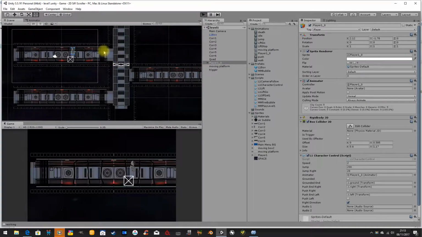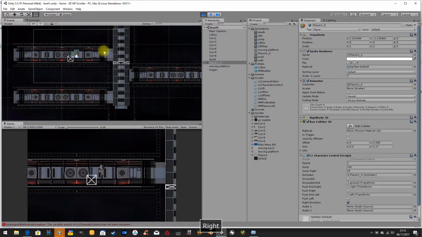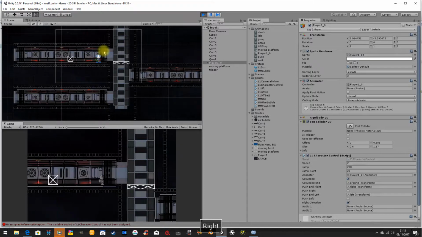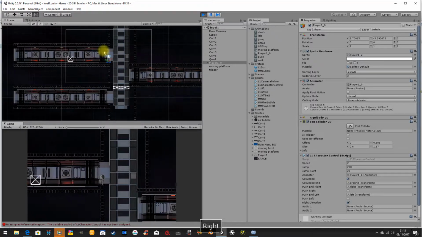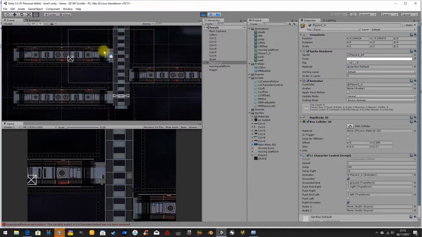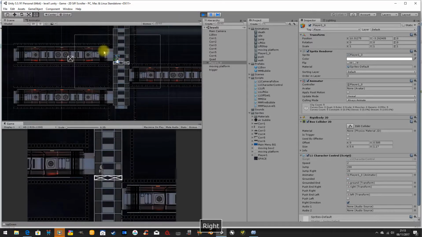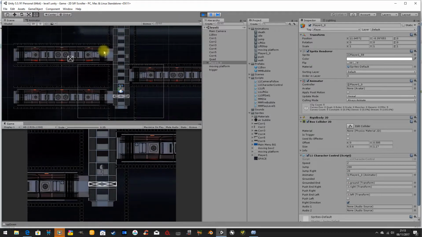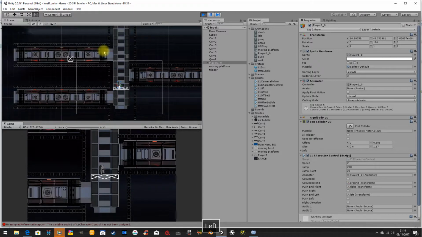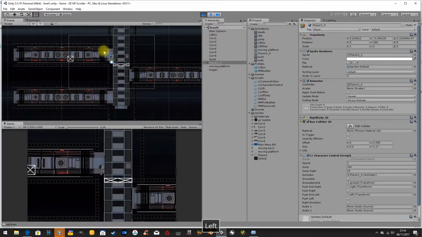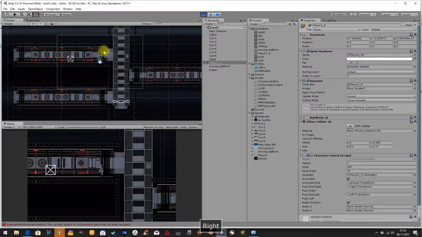So I'm just going to press play here and I have my character move forward and I start the platform moving up and down, and now I'm on my platform, and the difference here in this